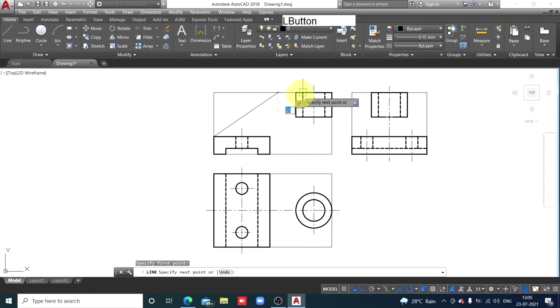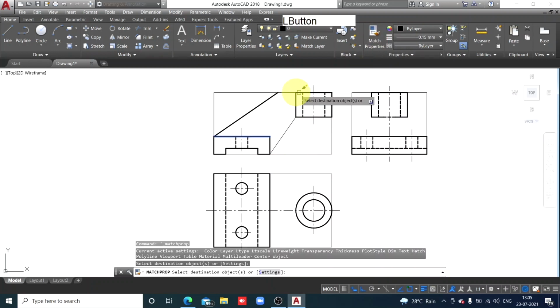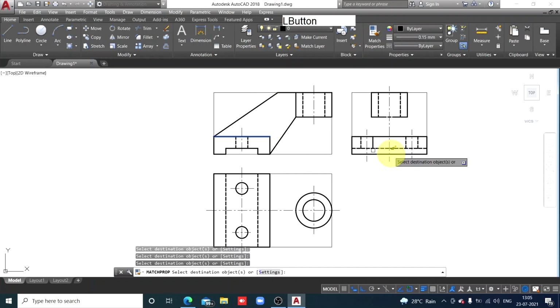Also from this point to the curved surface of the cylinder, that is the boundary generator, I have drawn a line. Watch here, this is that line. Then again a line from here to the base corner. Match properties. So this is how I have completed the shape of the plate in the front view, and between end